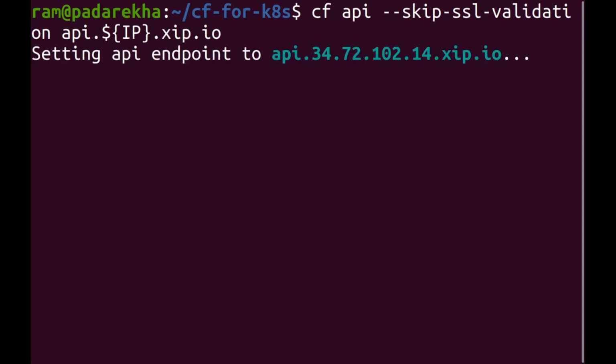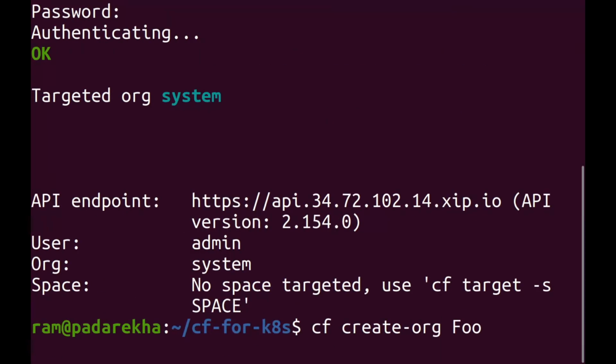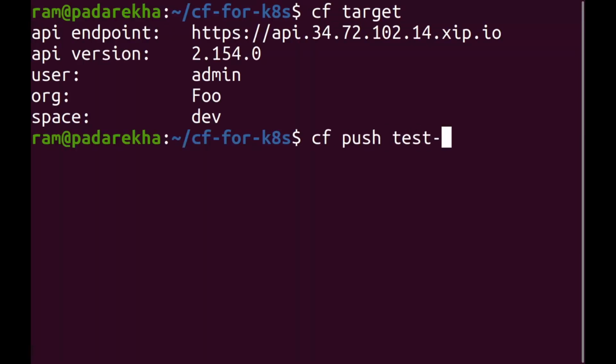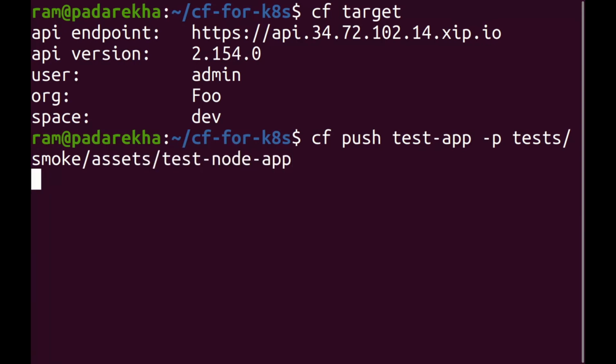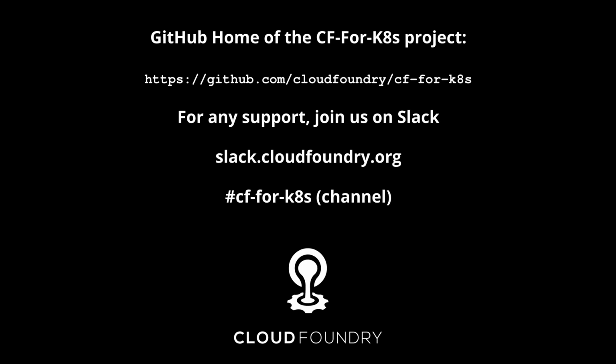You can now verify your Cloud Foundry instance by logging in, creating spaces, and then pushing apps. You can push apps whose source code you have written in any language, and you can even push Docker images if you have them. This way your developers can not only get a simple path for deployment, but they can push directly to Kubernetes no matter what language or framework they are using without any of the associated complexity.